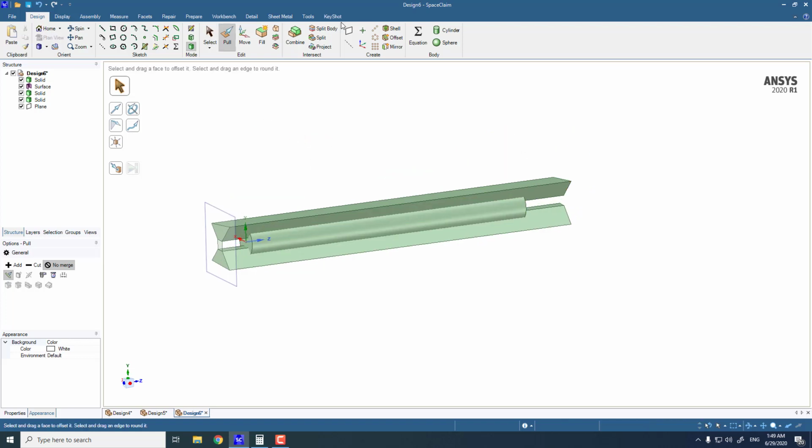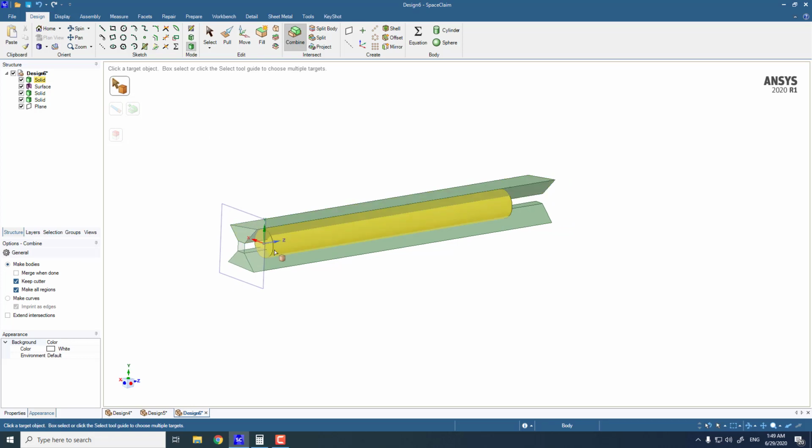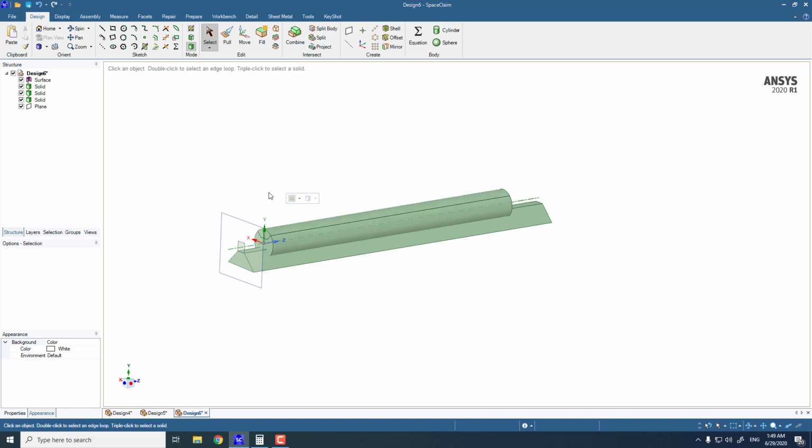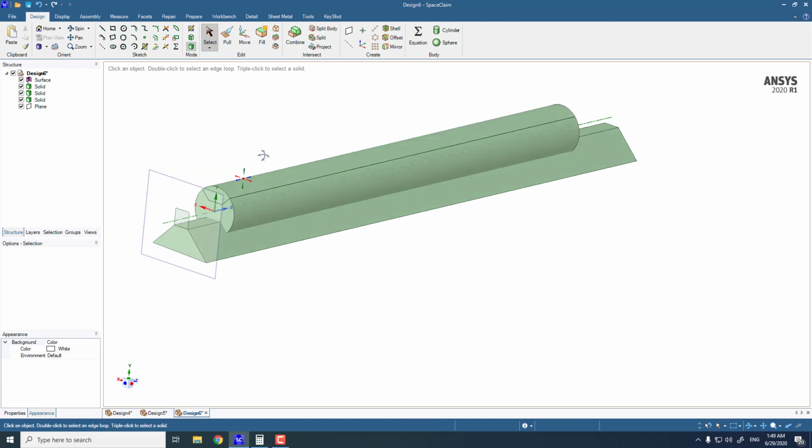And then click anywhere and now select combine, select the main geometry and then this geometry, and also again select the geometry to remove this geometry from here. So you can click here. Okay. If this is not removed, then you can click 3 times on the geometry and select the solid and then remove it from the screen.